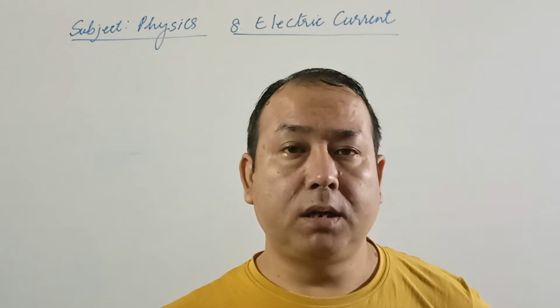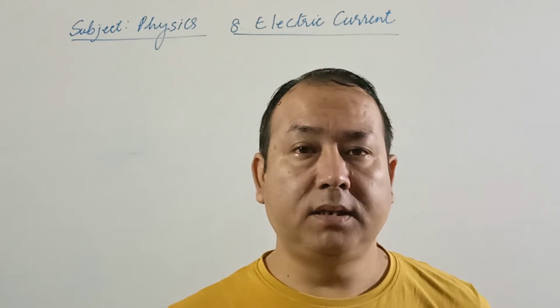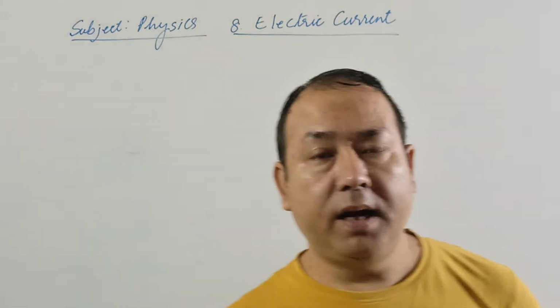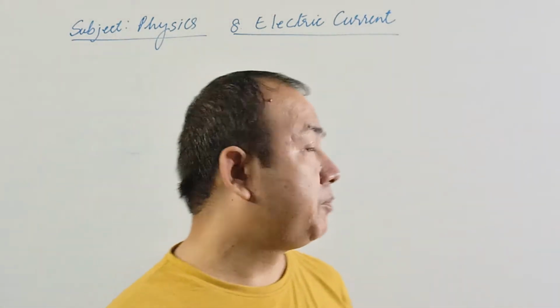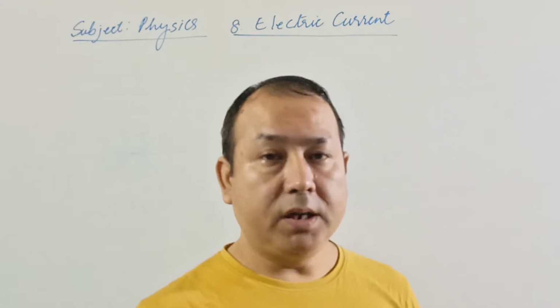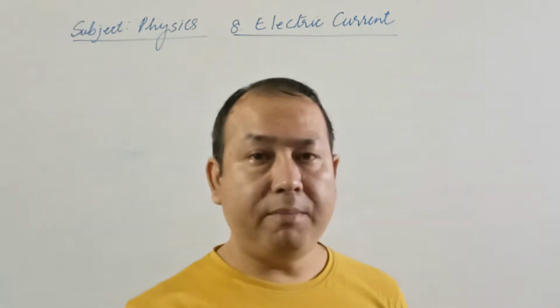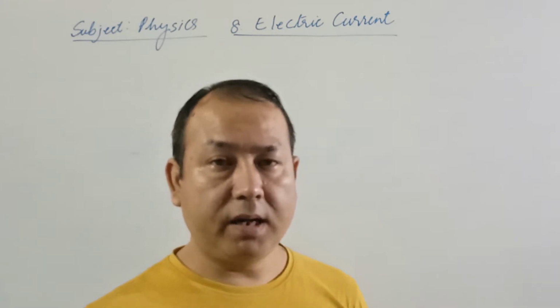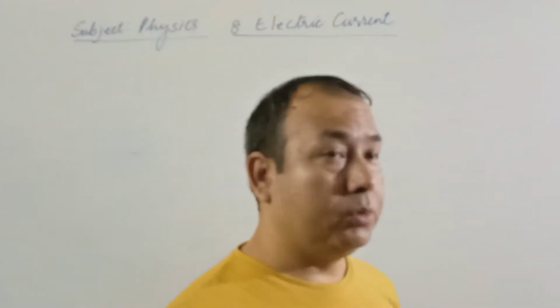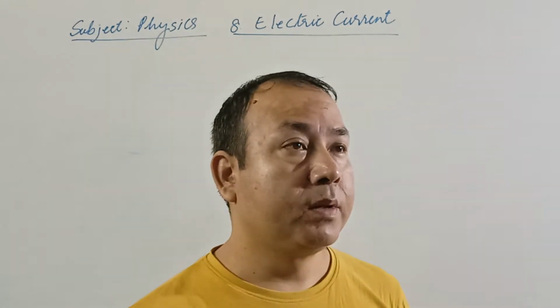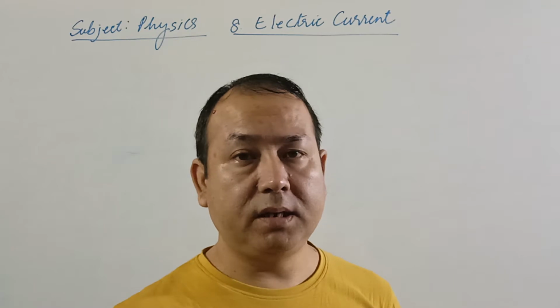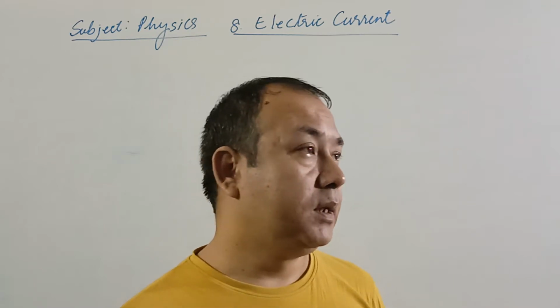Then we also discussed the instrument used for measuring electric current, that is ammeter. And we came to understand that this ammeter is always connected in series with the electrical appliances. And now comes the next topic today, that is potential difference, electric potential at a point. Okay, before that,